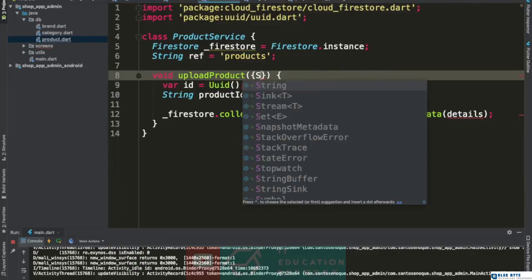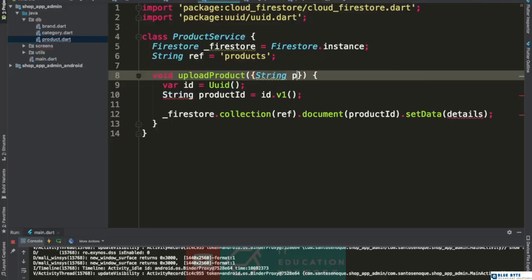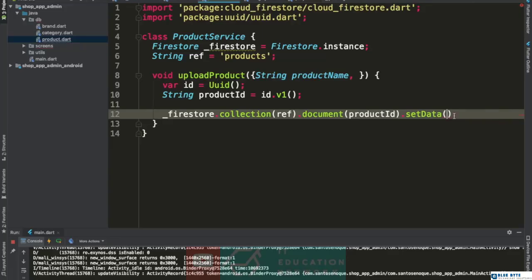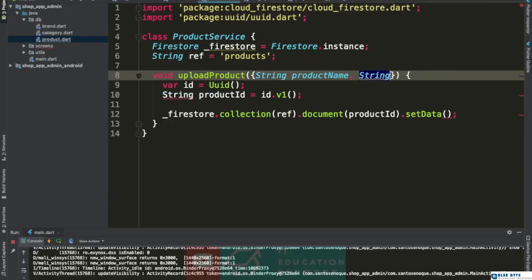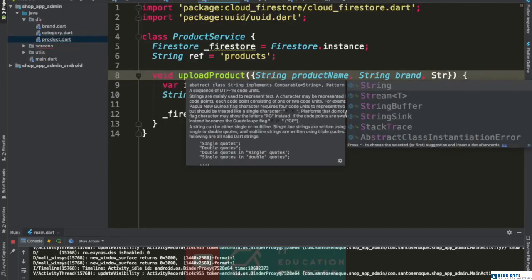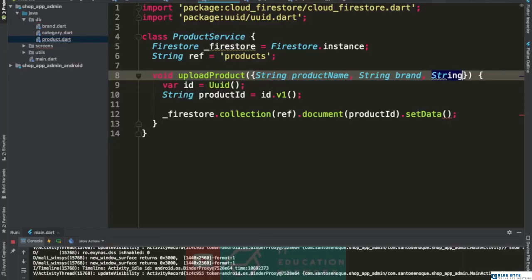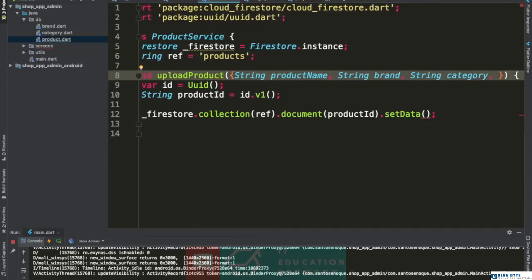And we want a string for the product name, and then we will want another string for the brand, and then we will want, and you'll understand why I am doing this in a while, another string for the category, so I have the product name, the product brand, the category, and we will want a list